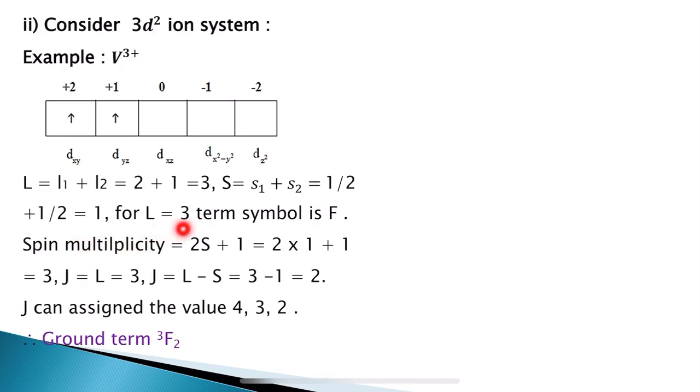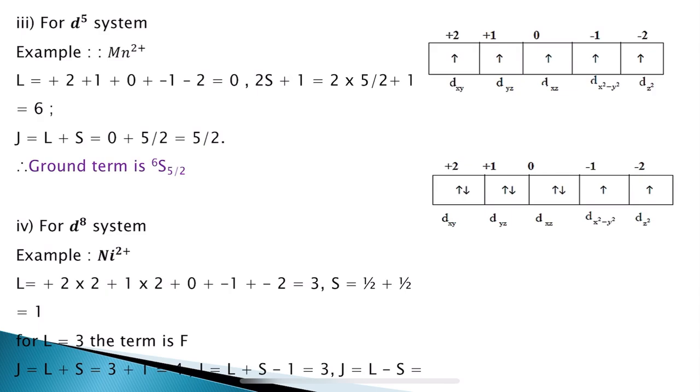Here the spin multiplicity which has been calculated is 2S plus 1, which is equal to 3. So, 3 will be more stable. So, 3F2 is the ground term which is considered for the d2 ion system. And the next example is for